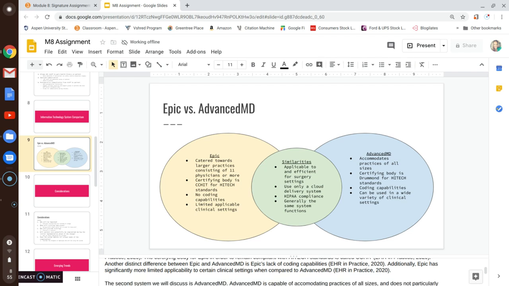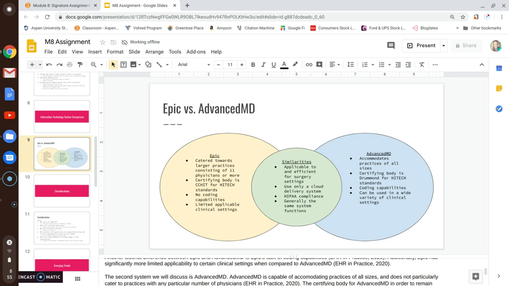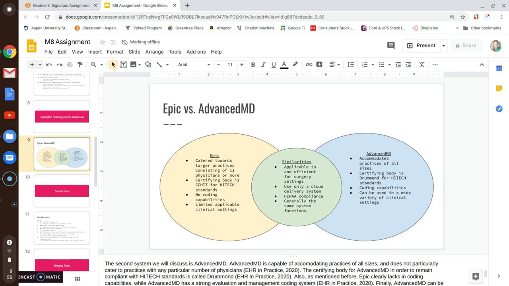Additionally, Epic has significantly more limited applicability to certain clinical settings when compared to Advanced MD. The second system we will discuss is Advanced MD. Advanced MD is capable of accommodating practices of all sizes and does not particularly cater to practices with any particular number of physicians. The certifying body for Advanced MD, in order to remain compliant with high-tech standards, is called